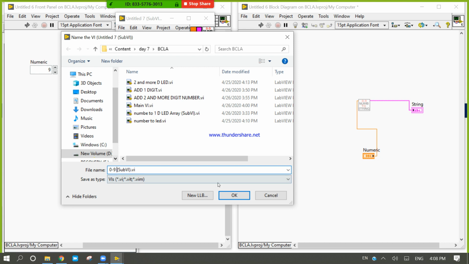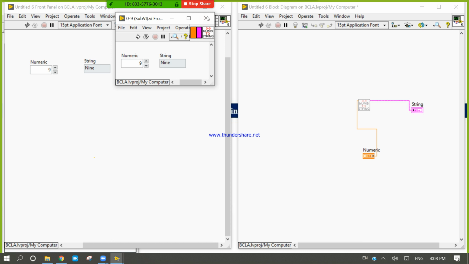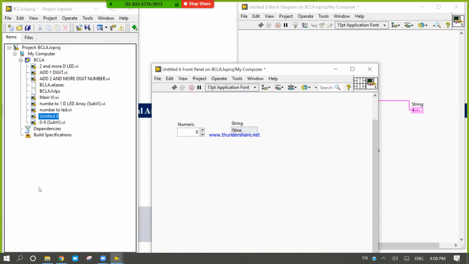Just 0 to 9. Okay. Done. Let's delete. Look here. 0 to 9 has been added. Okay. One new sub VI has been added. There are no multiple strings anywhere.